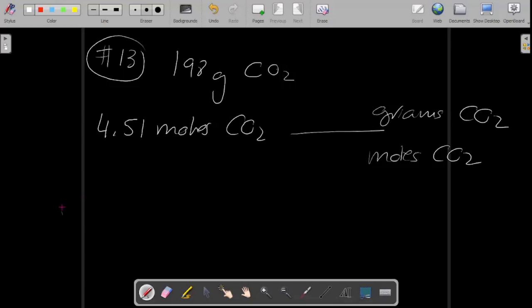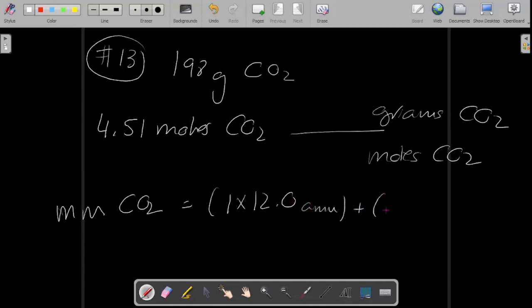So let's do that. The molecular mass of carbon dioxide equals, and this is an abbreviation, I just do it like that because I don't have a lot of room here. Okay. There's 1 carbon. Carbon is in position 6. Its atomic mass units is 12. And then I have 2 oxygens, position 8 if you need to find it. And that's 16. Do the math, and you'll see that the molecular mass for this carbon dioxide is 44.0